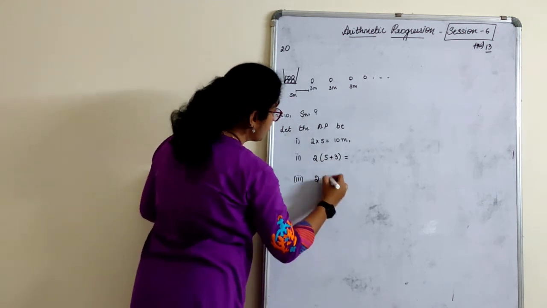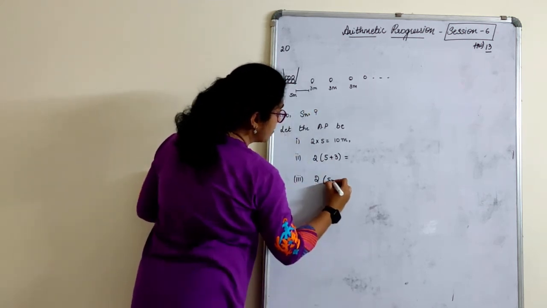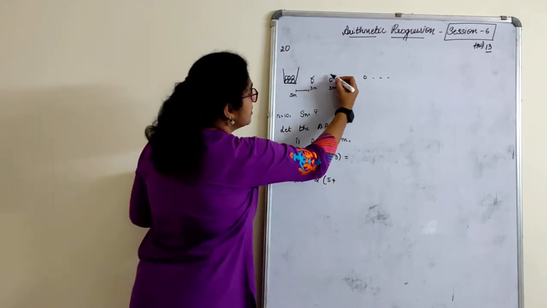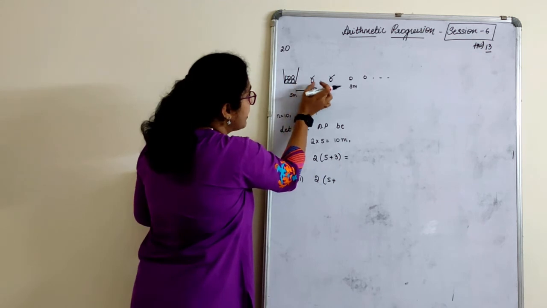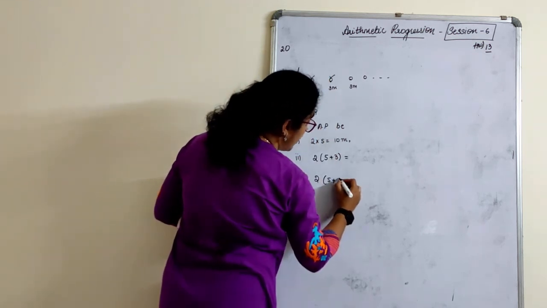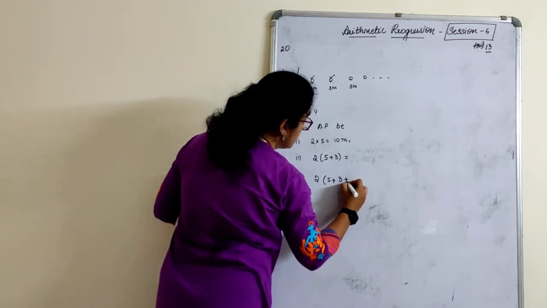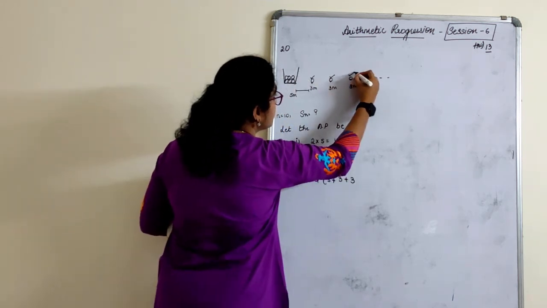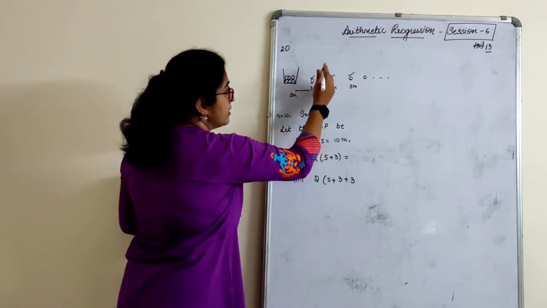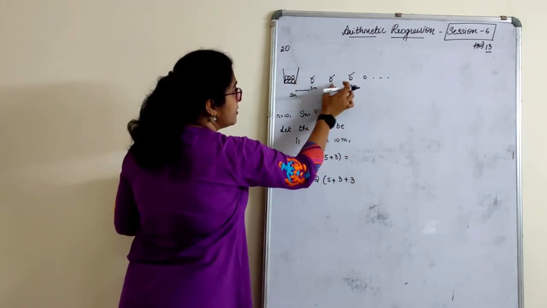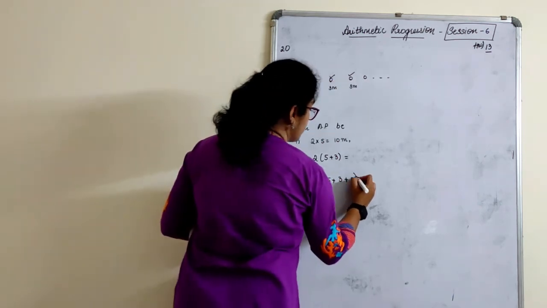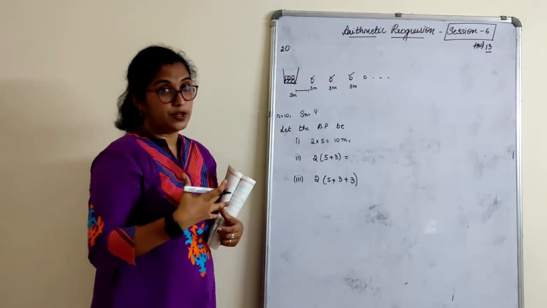Third one, see what I have to do. 2 times 5 plus 3, because I am done with this. Now with this 5, the first part is over here, next is again here. So 5 plus 3 plus 3, right? Third part we have done. This was the first one. This was the second one. This was 5 plus 3 plus 3. Did you understand the technique how we wrote this here?